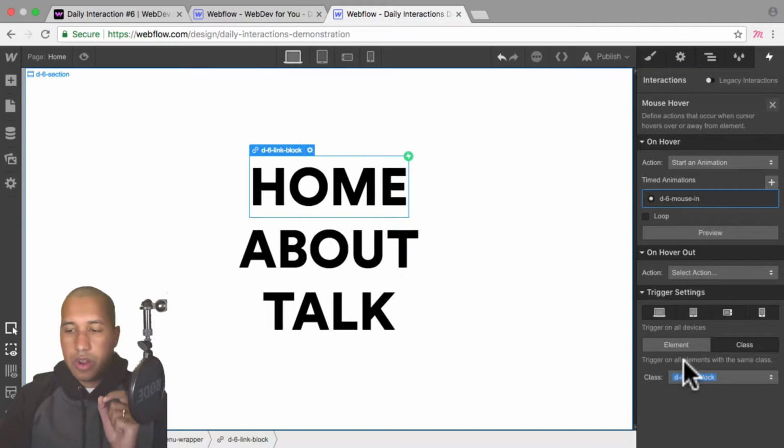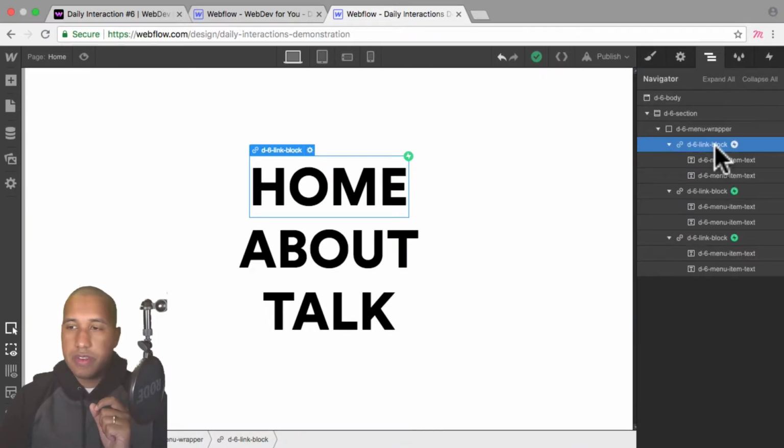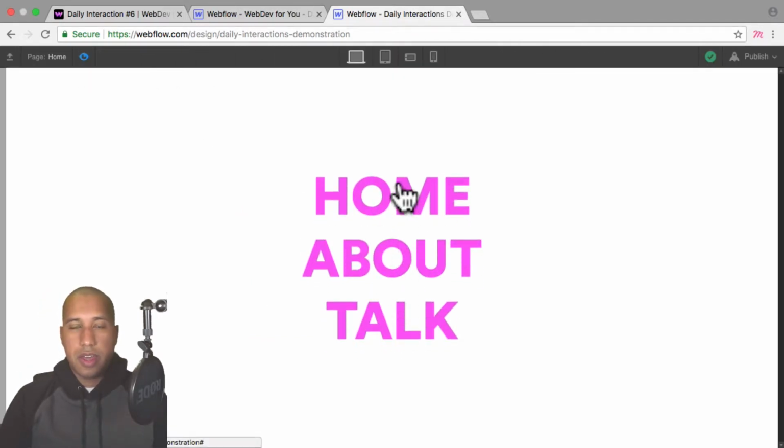So this is going to trigger on all elements with the same class that have D-6 link block. And that's exactly what I want. So now if I preview, or if I go into the navigator, all the link blocks are an interaction trigger. So I'll go ahead and preview, and just like that, it's occurring on all menu items.